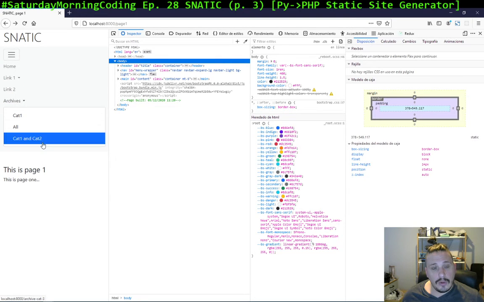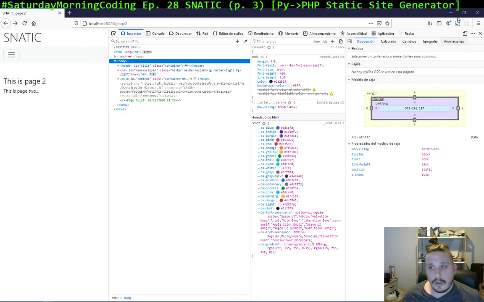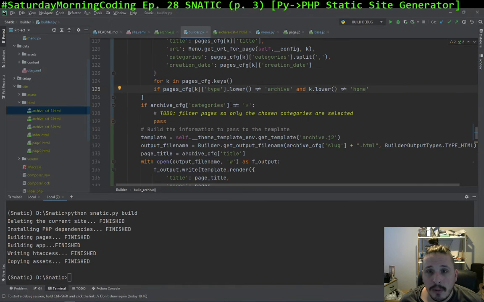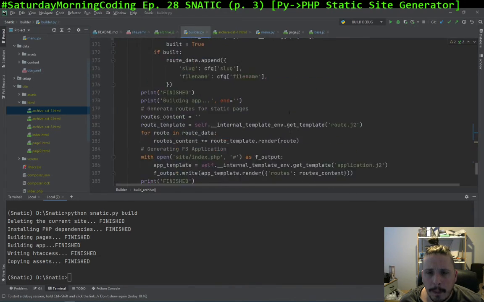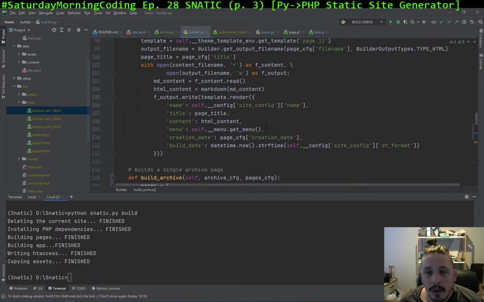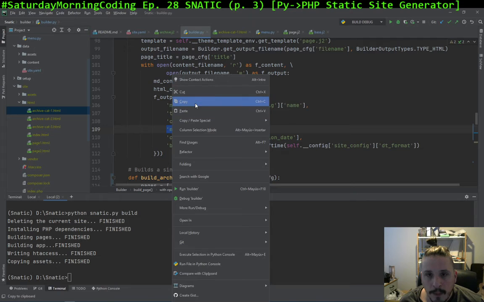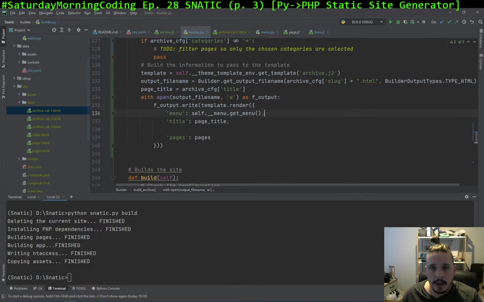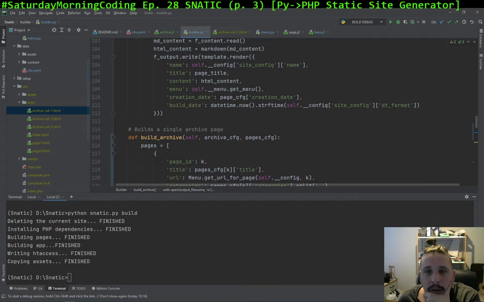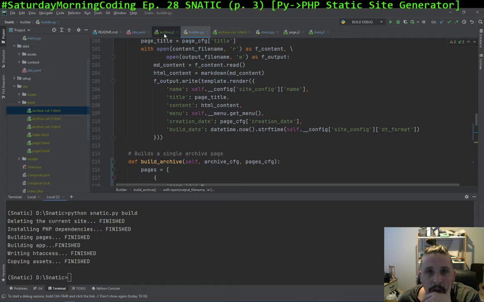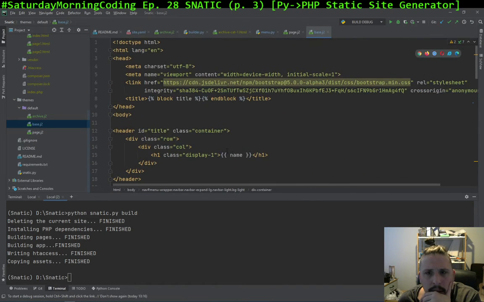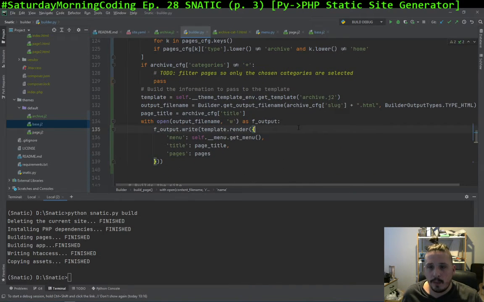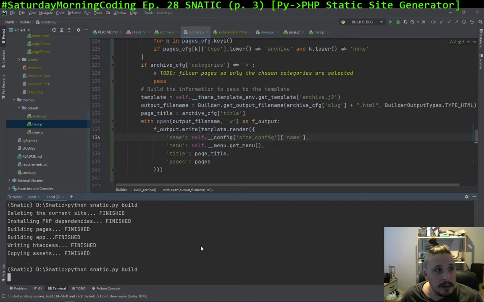Yeah. Also, these pages, the archive need to receive the menu the same way that the regular pages do. They need to receive the menu, because otherwise there's not gonna be menu like the other pages receive. And then so the base, okay, name, they need to receive the name as well, which is this. And now if we rebuild the site,